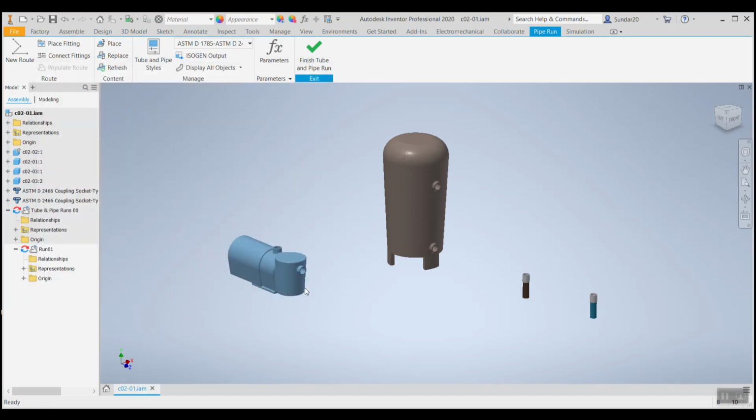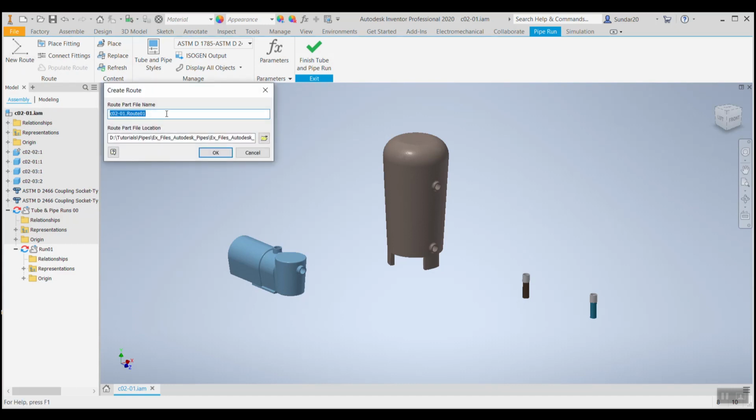Say close. And for routing, we have two different options. One is we can create our own routes, or we can opt for automatic route. Say new route. As I already said, if you want, you can change the names. Say OK.